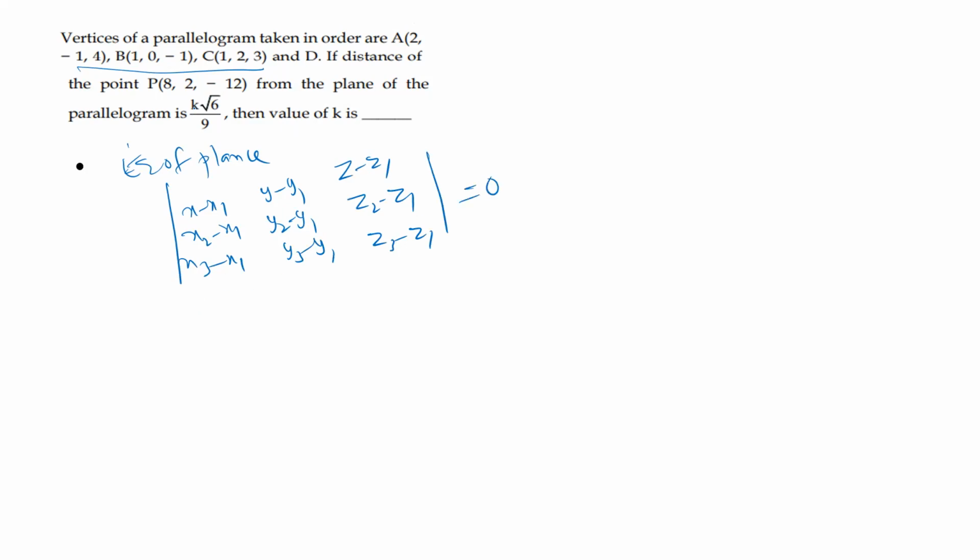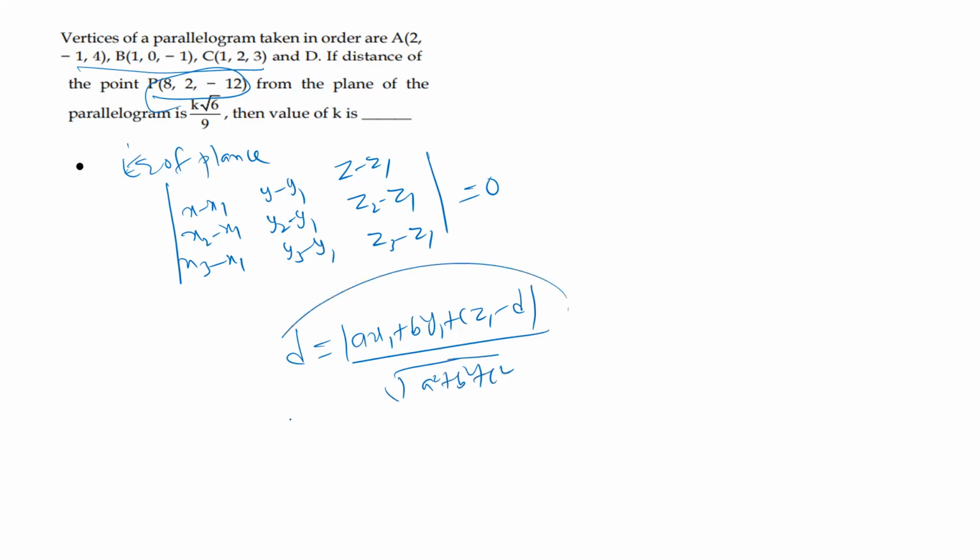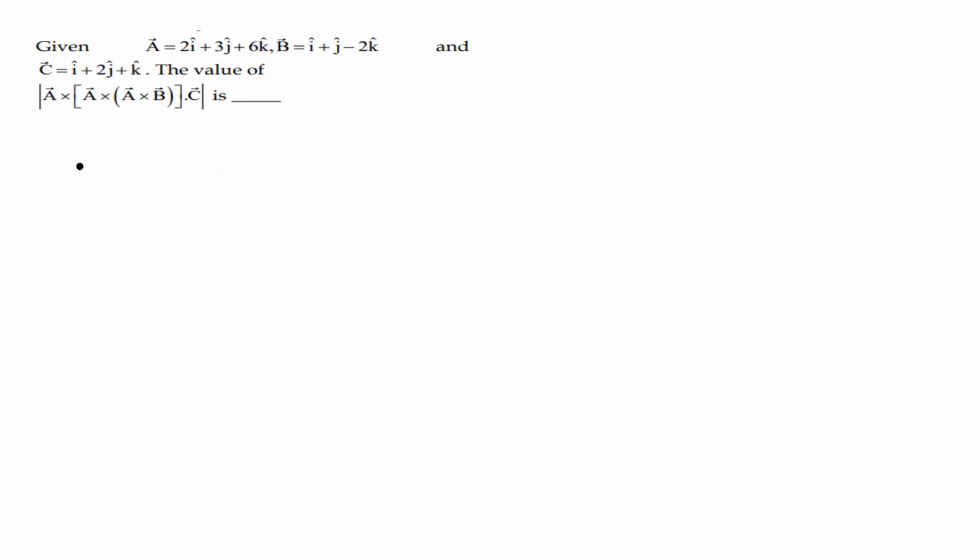Then they are asking the distance from this point P. That's why the distance between a point and a plane formula is: mod of ax1 plus by1 plus cz1 minus d, by root of a square plus b square plus c square. If you find the distance, we'll get it in this form. After converting in this form, the remaining k value we need to find out. Okay, can do easily. Next, question number